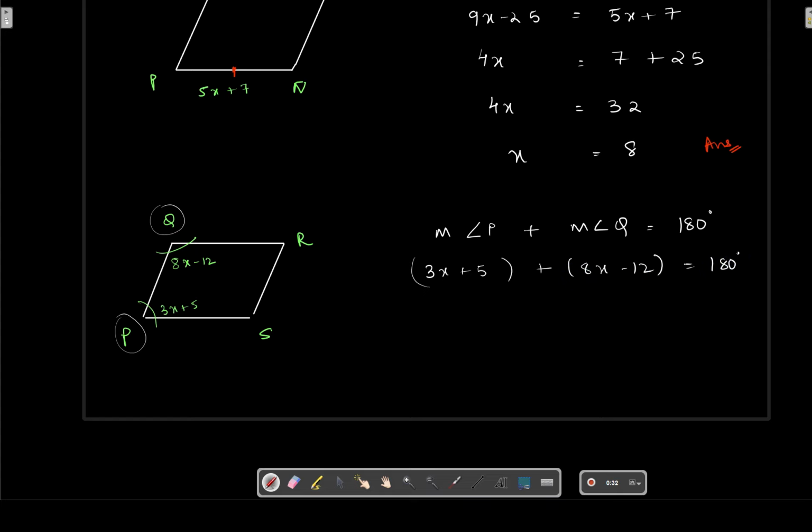So they are equal to 180 degrees. Now 3x plus 8x is 11x, and 5 minus 12 will be negative 7, and that is equal to 180. So 11x is equal to 180 plus 7, that will be 187, and so x will be equal to 17, and that's the